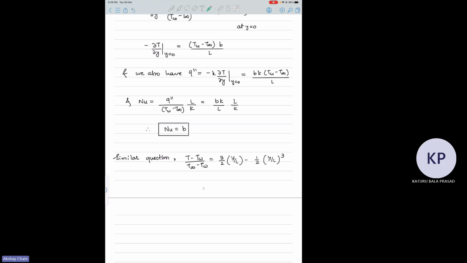There is one more question. Similar trick. So what they did, instead of this temperature profile, they changed it. What they did is